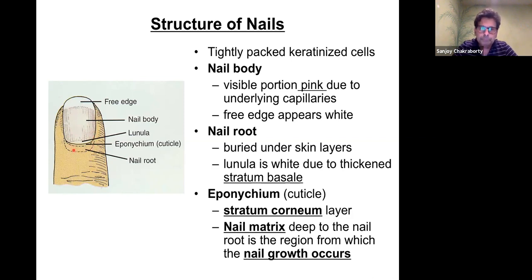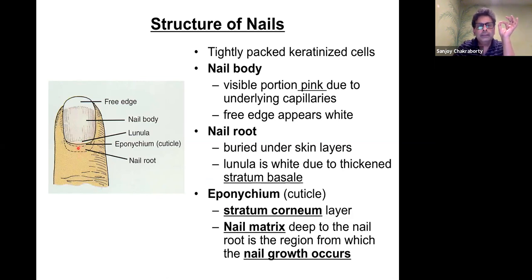This portion, which is called the nail root, is where the growth occurs. In the nail root area, even when it is buried underneath, that area is called the nail matrix, deep in the nail root. This is the main region where the nail growth takes place, because it is in the deep portion of the nail root. That's where the nail growth takes place. And right